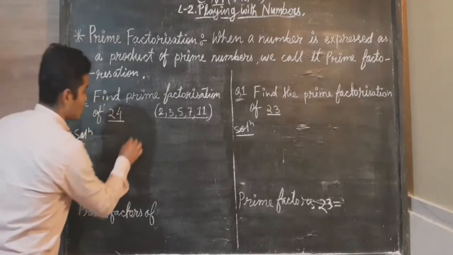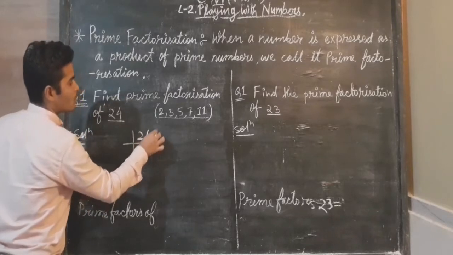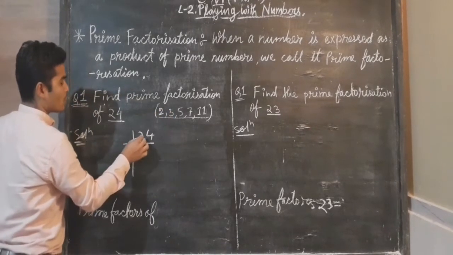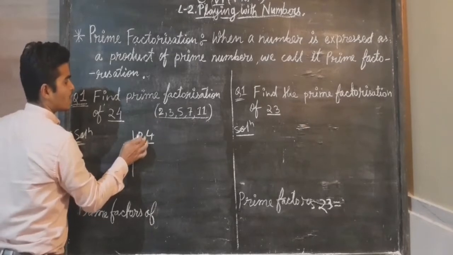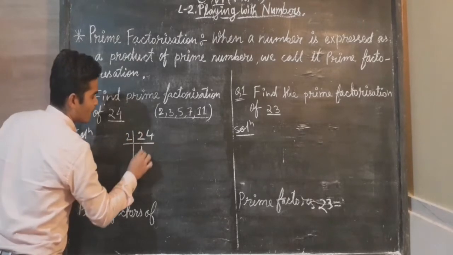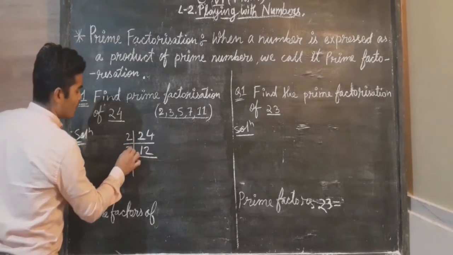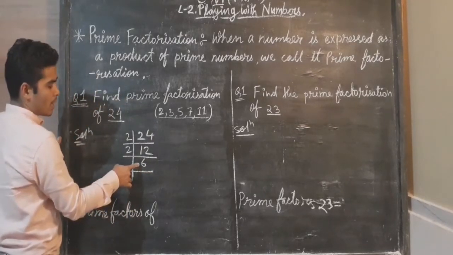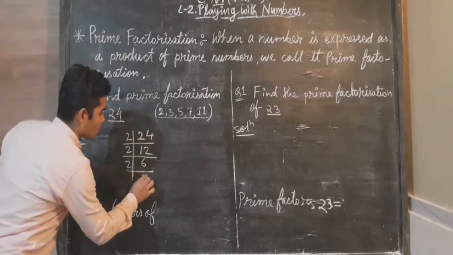So let us find the prime factors for 24. For finding prime factors of any number, first of all we should keep in mind a few prime numbers from small to big. You should try the first prime number first always. I will try to divide this number by 2 first. If you try to divide this by 2, then you will get it is divisible by 2. 2 12s are 24. Again it is divisible by 2, so we will divide it by 2 again. 2 6s are 12. You can see this is 6. Again it is divisible by 2, so we will divide it by 2 again. You see 2 3s are 6.